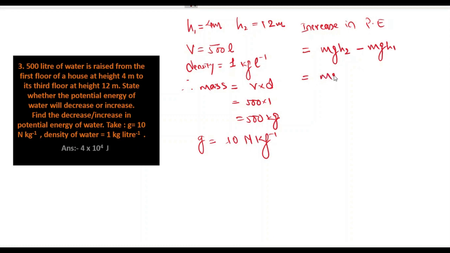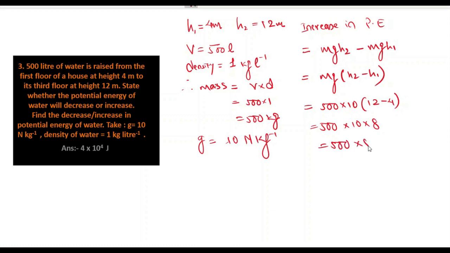Simple. Mg comes out common, h2 minus h1 remains inside. M is 500, g is 10, h2 minus h1 is 12 minus 4. So 500 multiplied by 10 multiplied by 8, that is 500 multiplied by 80,